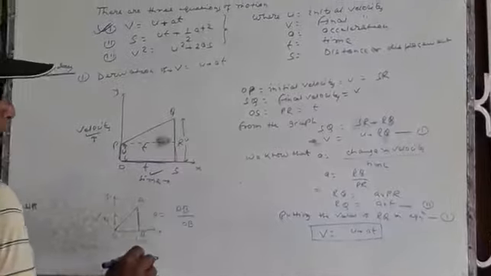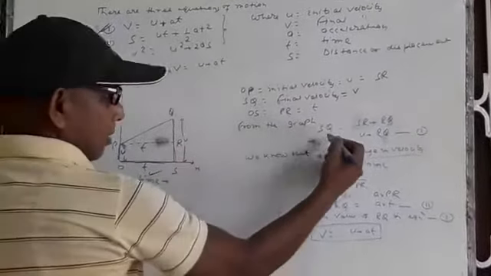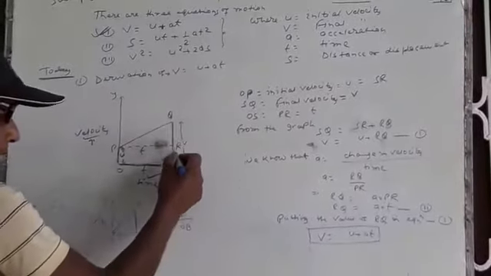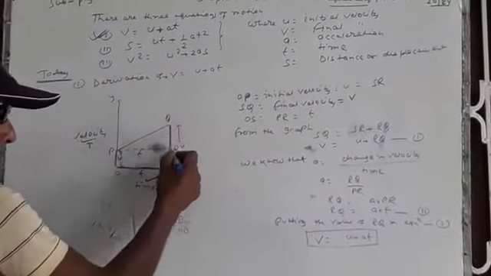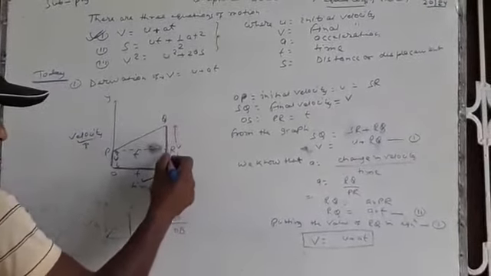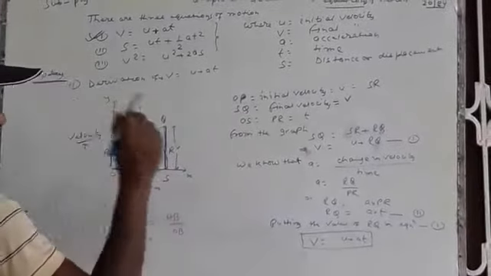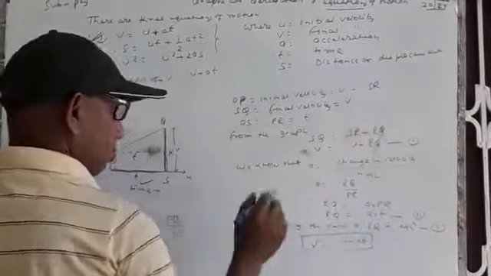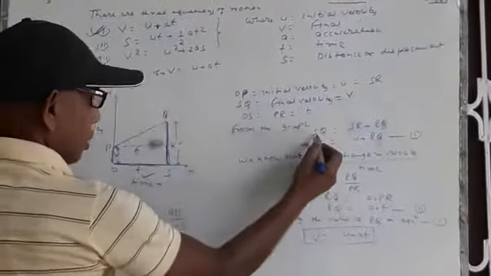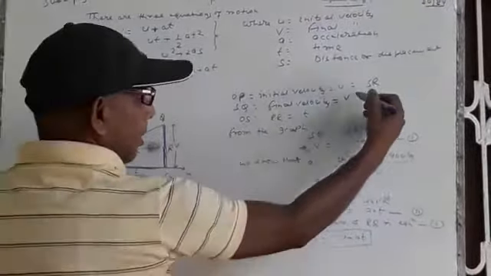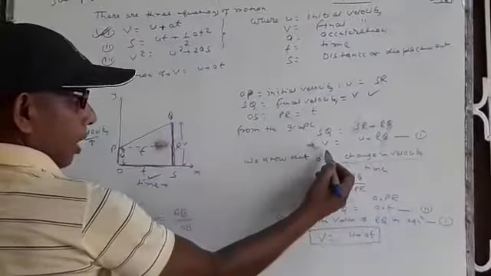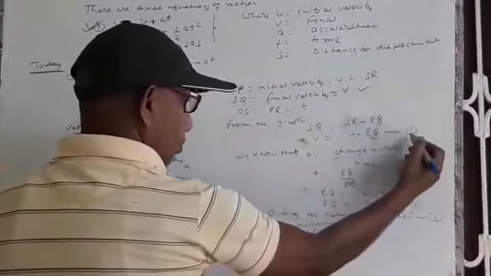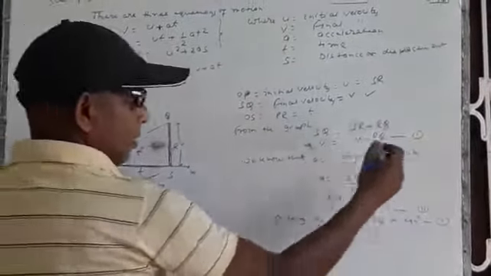From the graph, you know that SQ equal to SR plus RQ. See the graph. QS is a line segment. QS or SQ equal to RS plus QR. So I have written here SQ equal to SR plus RQ. You know that SQ equal to v. I have mentioned here SQ, v. So v equal to SR, this means u plus RQ. This is the first part, that is equation 1.